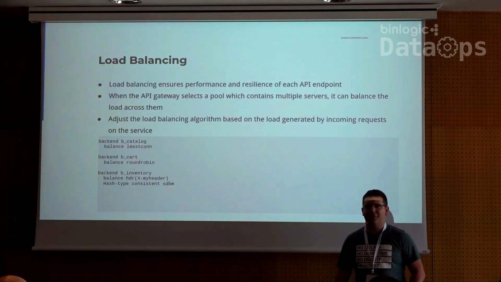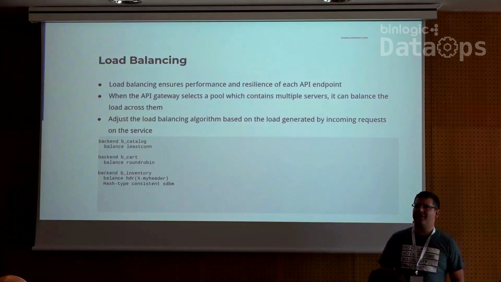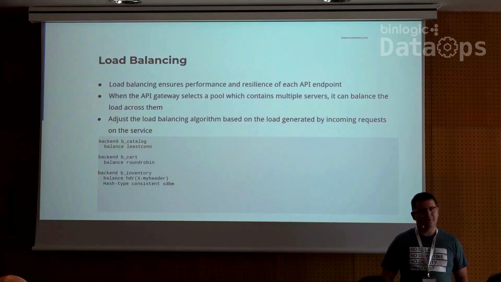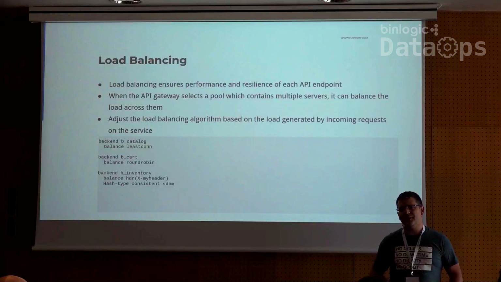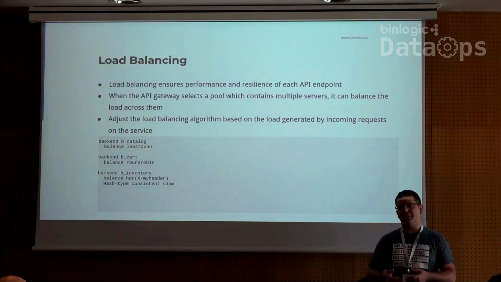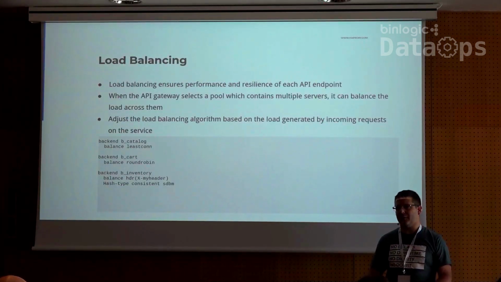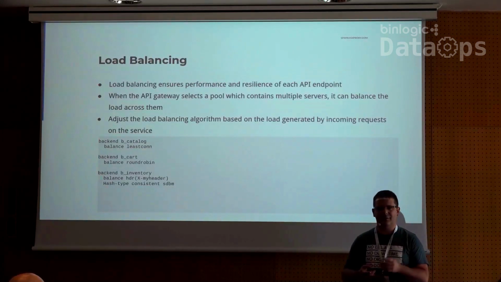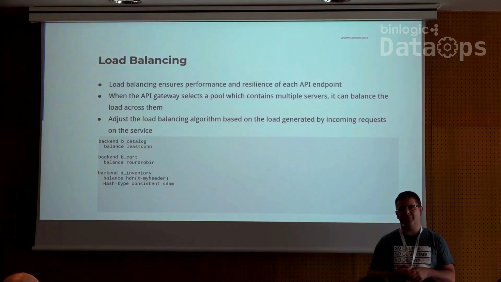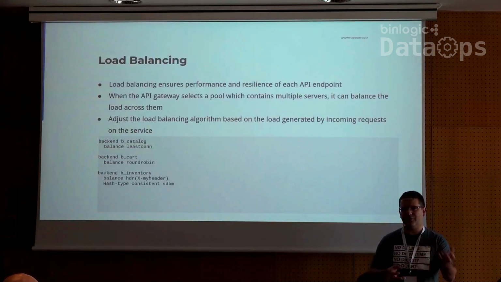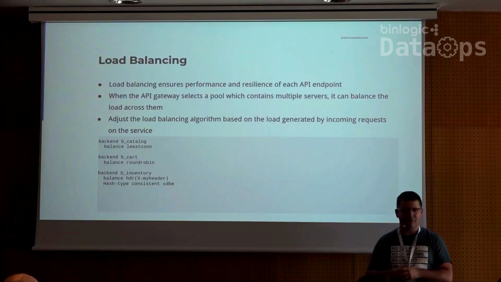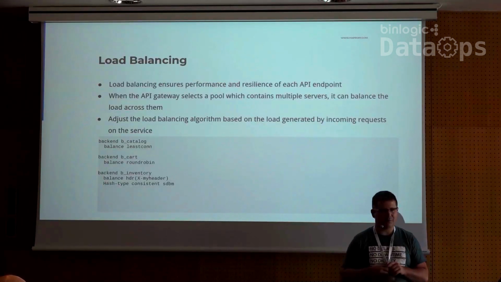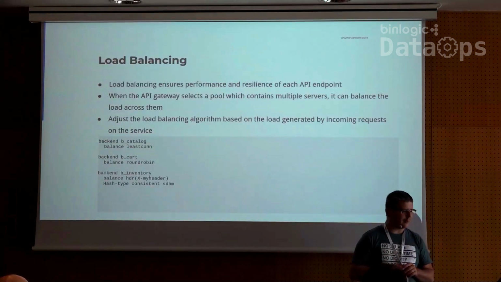Load balancing, of course. HAProxy by design, and for like 17 years, is a load balancer. So load balancing is the ability for the API gateway to take incoming traffic and to spread it over multiple servers delivering that particular service. That helps you to scale your service. That helps you to ensure that this service will be highly available. In case of one server failing, HAProxy can route the request to another one. And that ensures better performance, of course, because you can prevent saturating one of the servers.